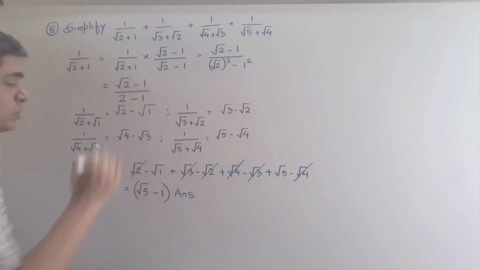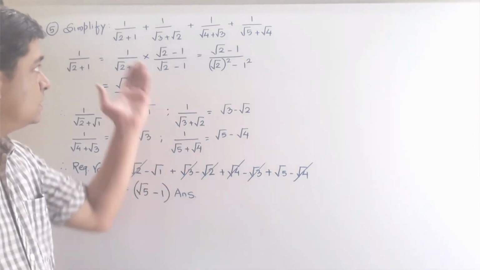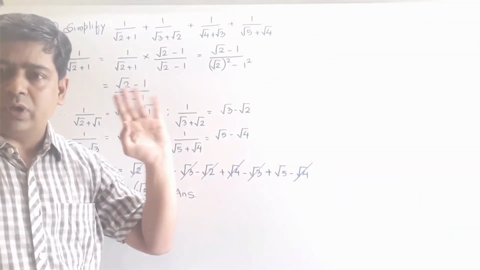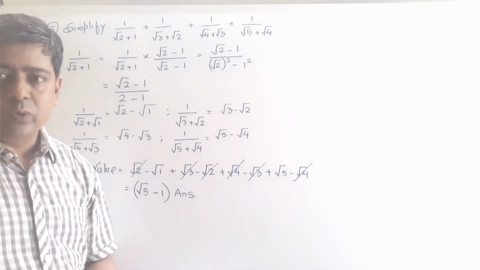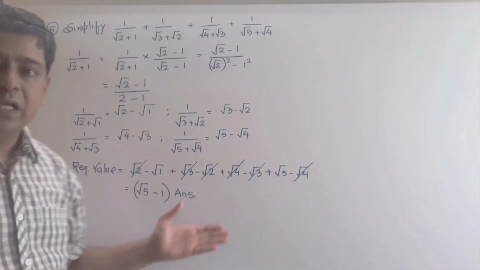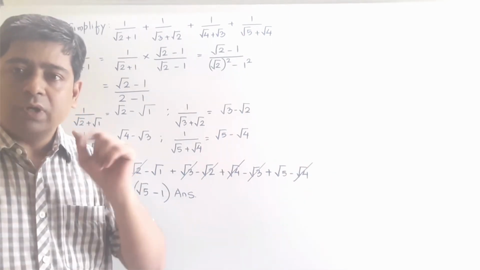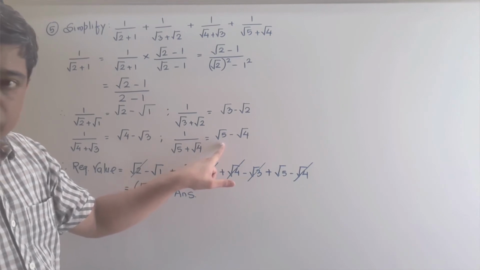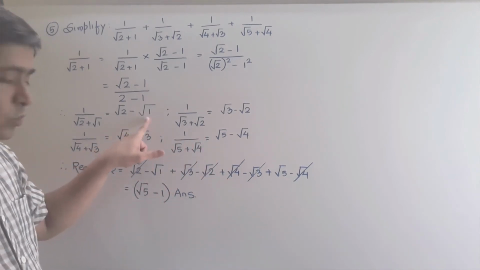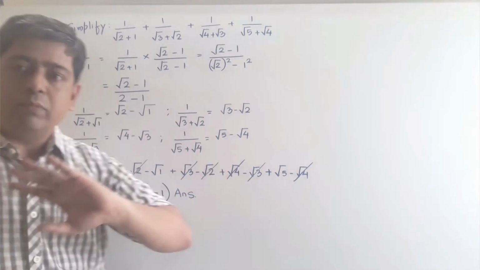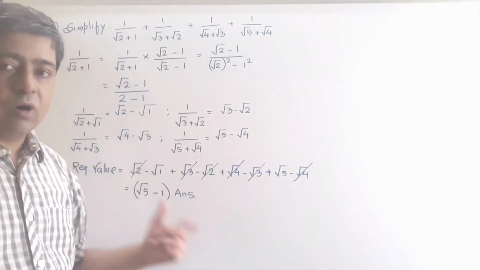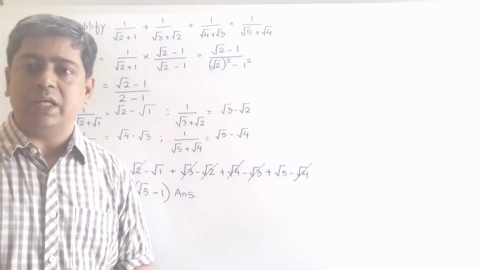This question also comes for 4 marks. It may be possible they will increase the number of terms here. Okay, here 4 terms are given, they may increase 2 or 3 more terms, but I think that will not hamper you a lot because already you got the pattern. In the similar way you can cancel it. One thing you note here, the last term whatever the value is coming, root 5, and the first term root 1, these two only will remain, means in between that who will come, that all will be cancelled. Okay, so this is the answer of this particular question. In this way you can easily solve it.